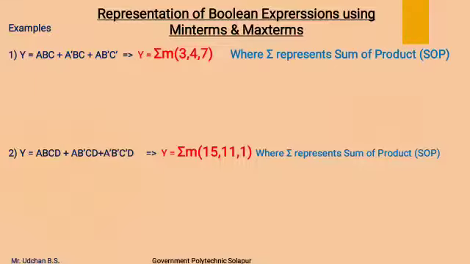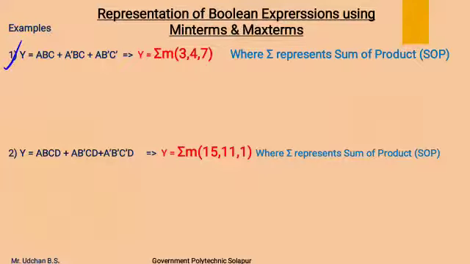Welcome all. Now we will see representation of Boolean expressions using min terms and max terms. In this, first we will see how to write a given SOP expression in the form of min terms. Here the first example is y is equal to abc plus a bar bc plus a b